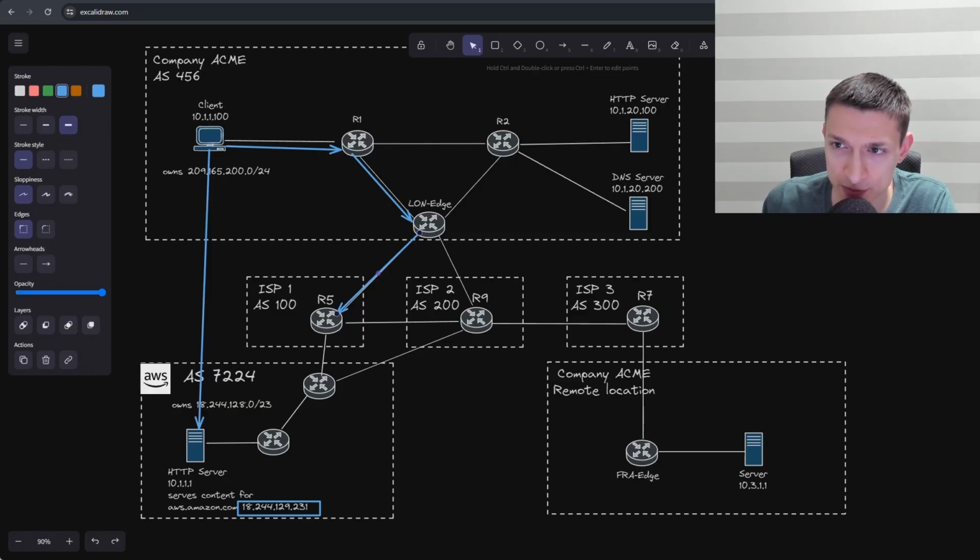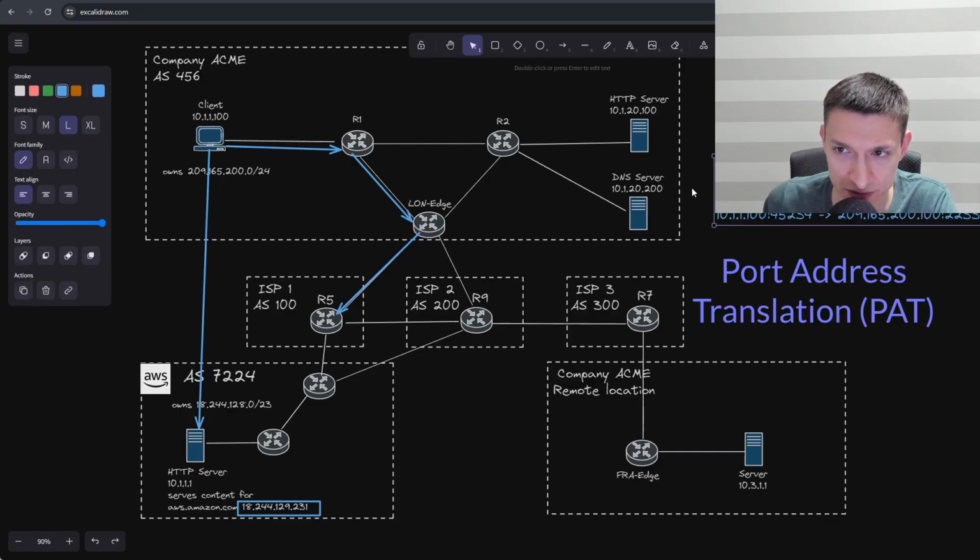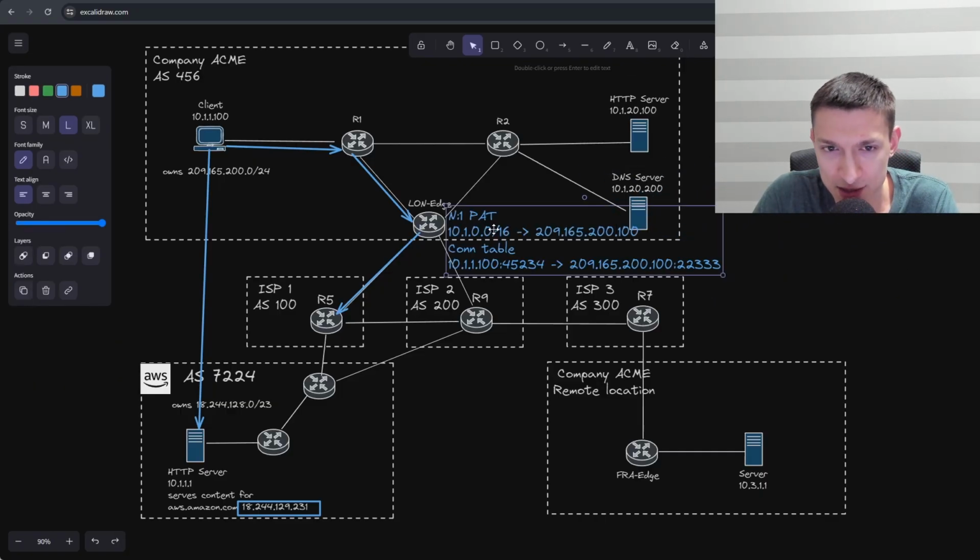So that's where many-to-one NAT comes into play, and it's also known as PAT or port address translation. The idea behind PAT is that you can take many IP addresses and translate it into one. In this case, we'll translate all of our private IP range into the single public IP address 209.165.200.100. We'll also have to keep track of every flow so that for return packets, we can actually translate it